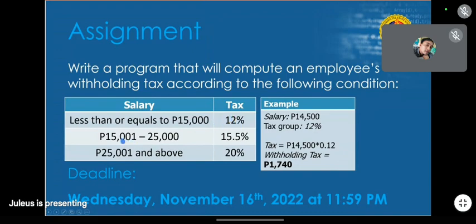Okay? If ang salary is 15,001 peso to 25,000 pesos, the tax is 15.5%. And if it's 25,001 and above, the tax is 20%. So your job here is to compute employees' withholding tax according to this.